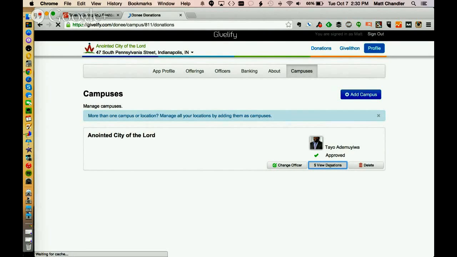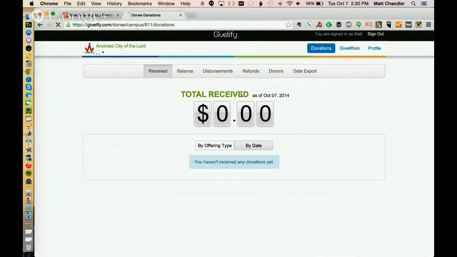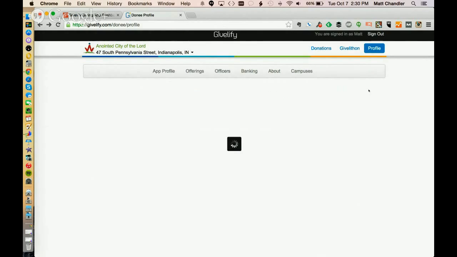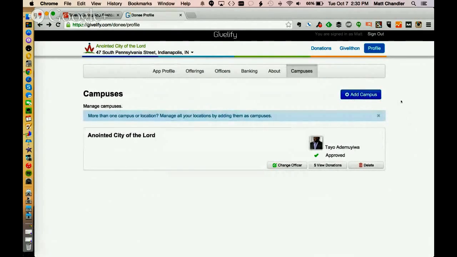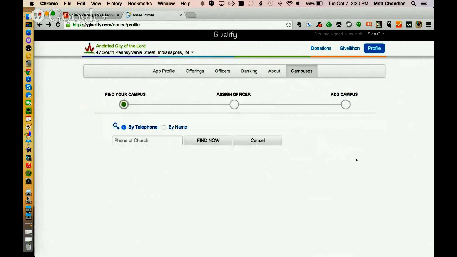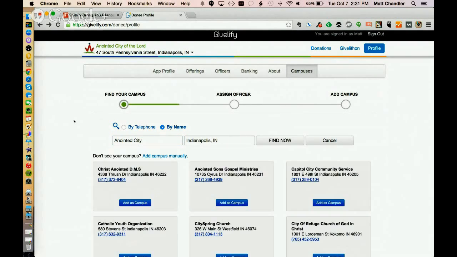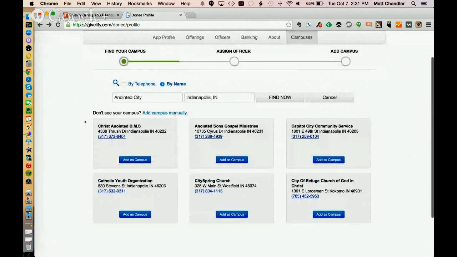So I can actually go in and view those donations for that extra campus, and we haven't done any yet. We'll go back here to campuses. We can change the officer. But if you do have more than one location, actually add a campus rather than adding new accounts. And this works exactly the same as when you found your church initially. You can search by telephone number or by name. I do Find Now, and I just search for Anointed City,